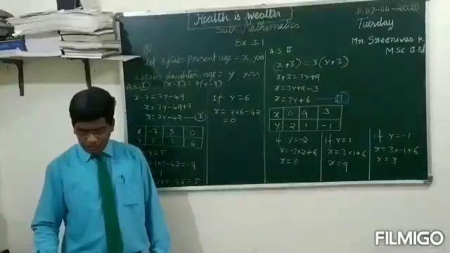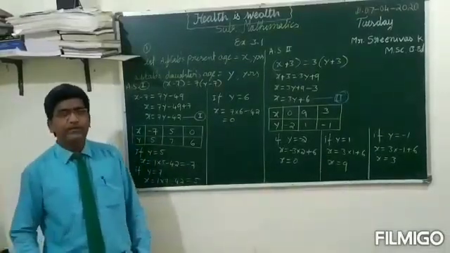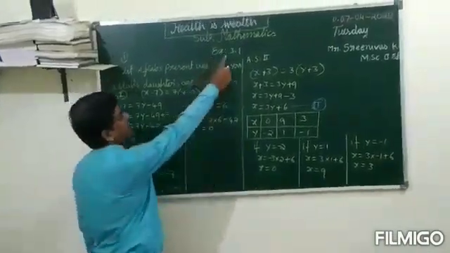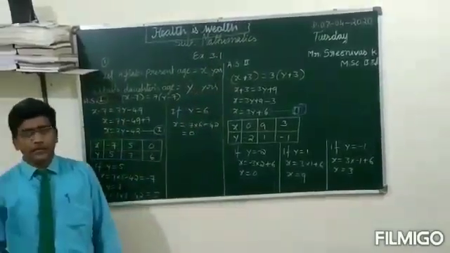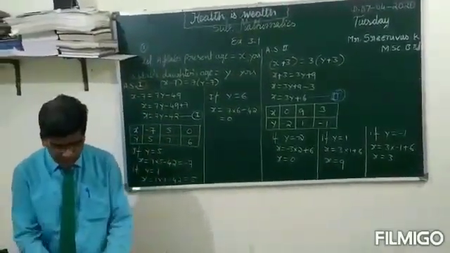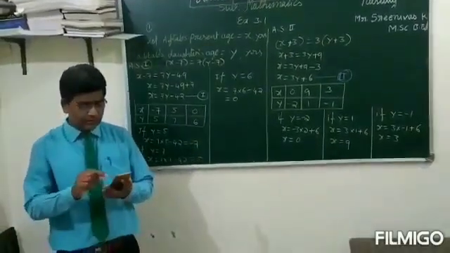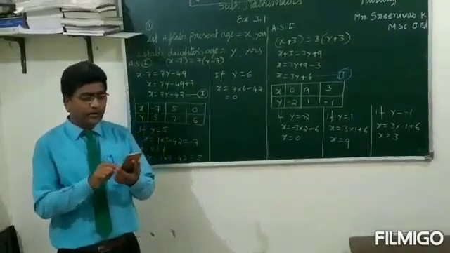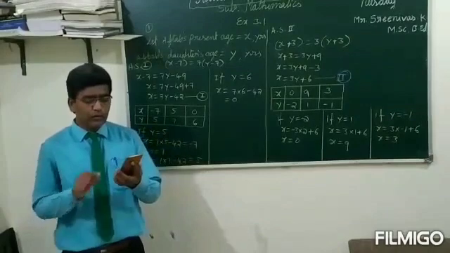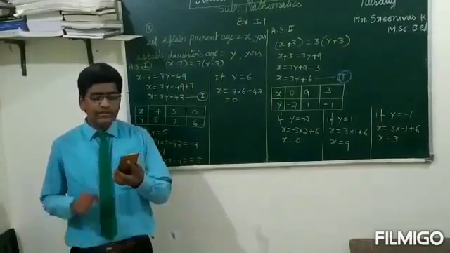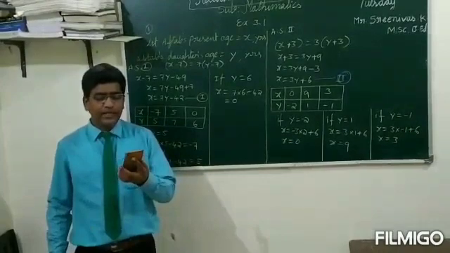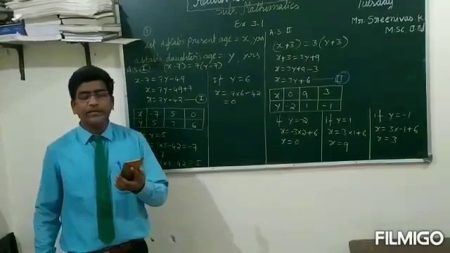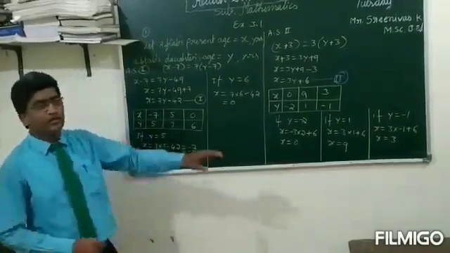Okay. Let me start now graphical and algebraic method. So for that we are going to exercise 3.1. Exercise 3.1, page number 44 in your textbook. And see question number 1. Aftab tells his daughter, 7 years ago I was 7 times as old as you were then. Also 3 years from now I shall be 3 times as old as you will be. Represent this situation algebraically and graphically. So we will see how to show that one.